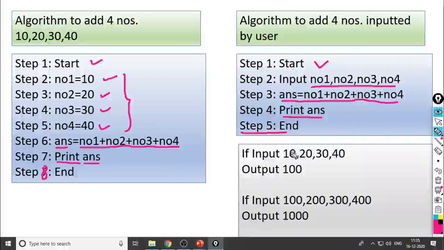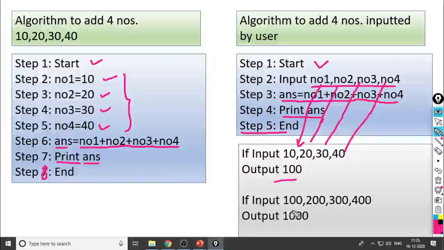It will assign 10 to NO1, 20 to NO2, 30 to NO3, 40 to NO4. Whatever sequence is in the input statement, the same sequence applies to the inputted values. What would be the output? 100, because 10 plus 20 plus 30 plus 40 is 100.